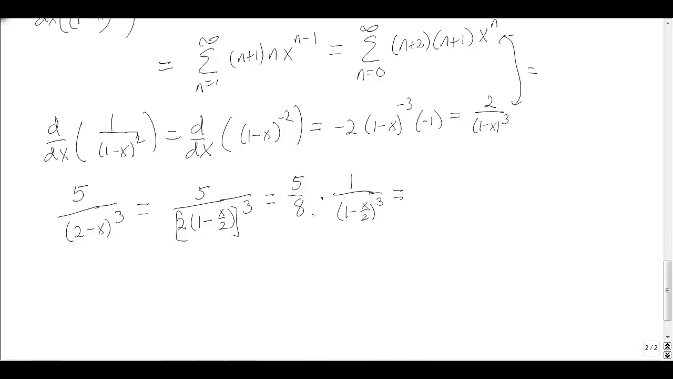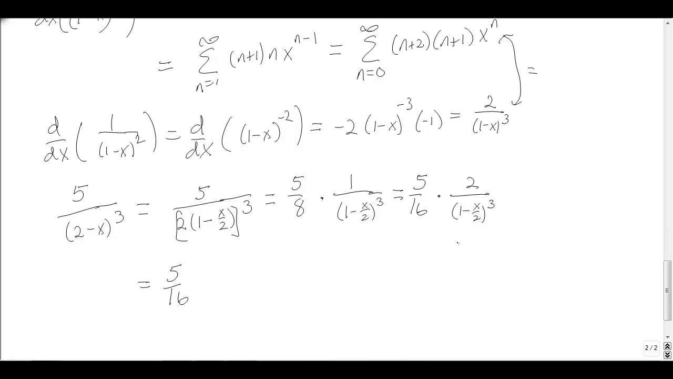So then I'm going to multiply top and bottom by 2, and that will give me a 5/16 times 2 over 1 minus x over 2 cubed. So I just rewrote 5 over 2 minus x cubed as 5/16 times 2 over 1 minus x over 2 cubed. Purpose of that, again, was I could use my series formula that I sort of derived just before this,